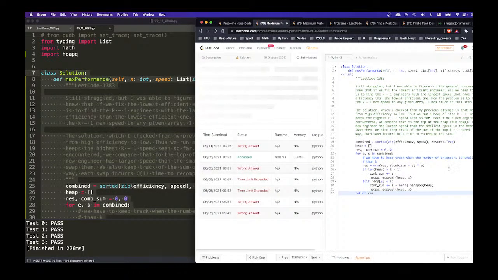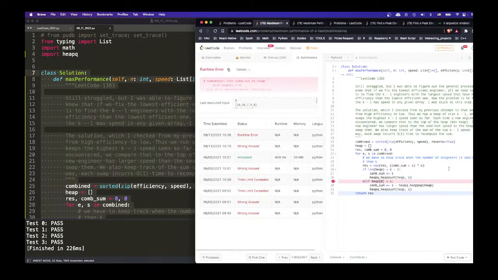Come on. Runtime error. Oh, we have to handle this one as well. If this is equal to